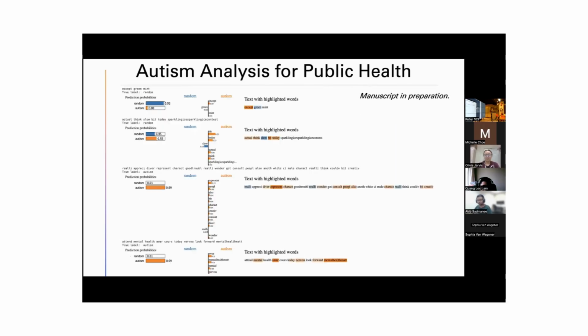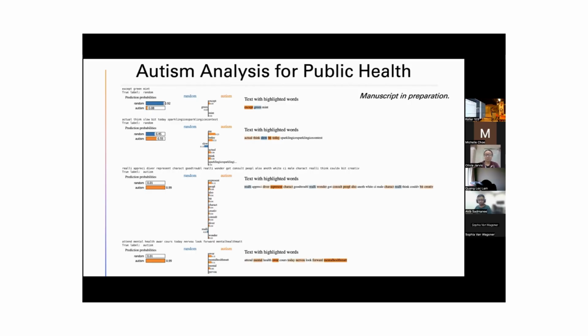And then we're looking at explainable AI approaches to understand what specific words are making the classifier predict in a certain way or not. So on the left here, we see what the model predicted for a few example sentences, and on the right, it highlights in orange if that word was leading to a prediction of autism, and blue if it was in the random group. There's more to do here, but we're starting to look into understanding why these models make the predictions that they do.